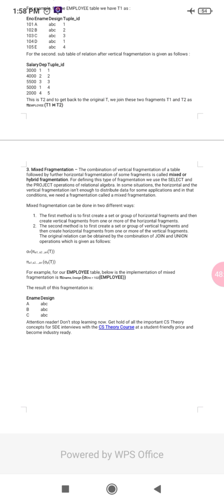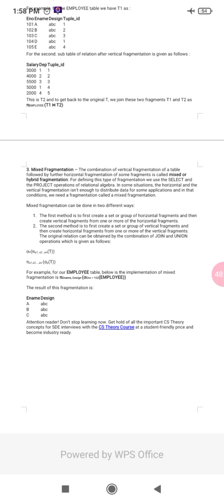Mixed fragmentation can be done in two different ways. The first method is to first create a set of horizontal fragments and then create vertical fragments from one or more of the horizontal fragments. The second method is to first create a set of vertical fragments and then create horizontal fragments from one or more of the vertical fragments.